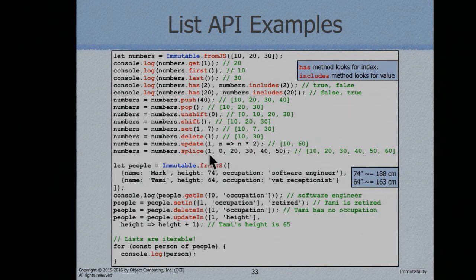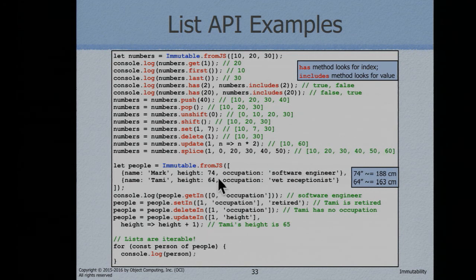And so this line is saying, at index 1, don't remove anything, but add all of these. And so that's how the 20, 30, 40, 50 got inserted into the middle of that, all in this immutable way. One more example. That one was an array of numbers, but what if I want to have an array